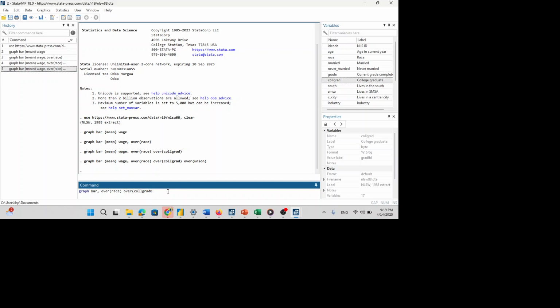The other one is over union. Using this syntax, union, yeah. Then click enter.